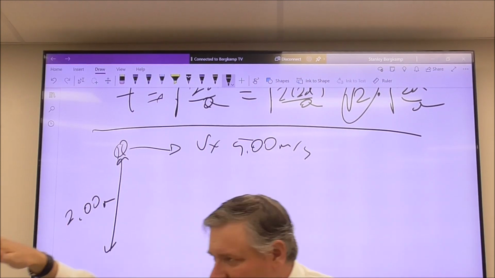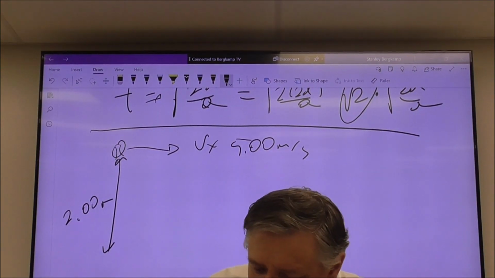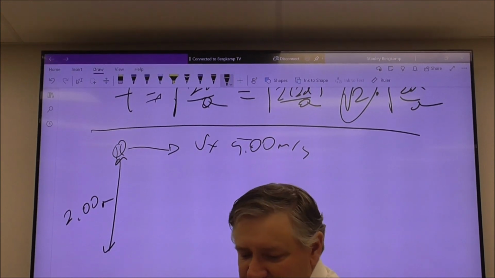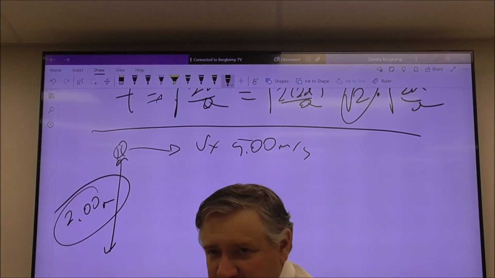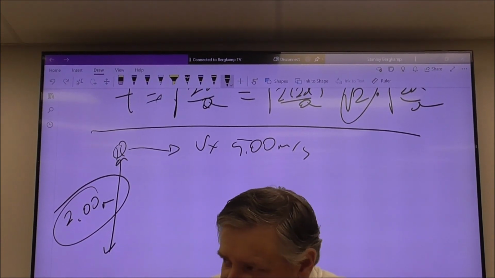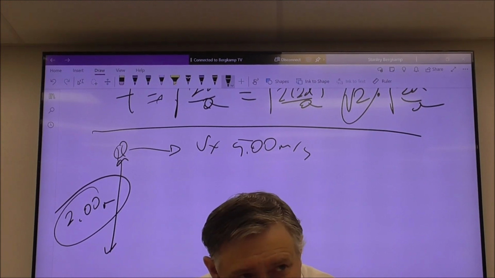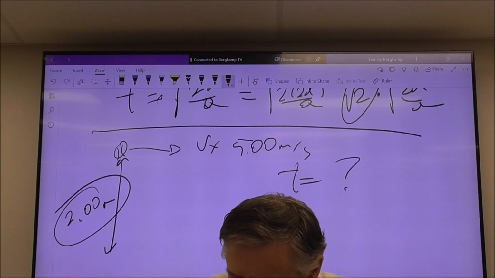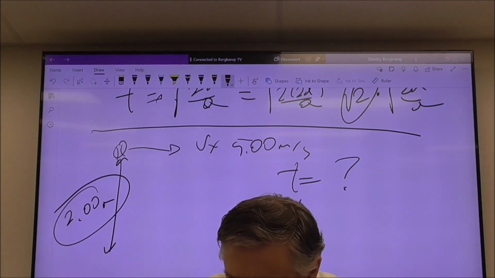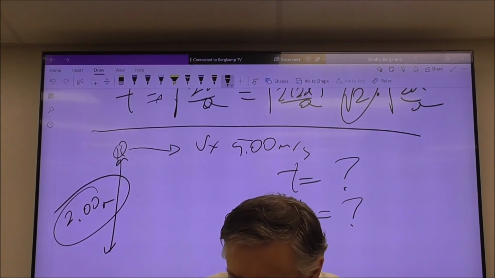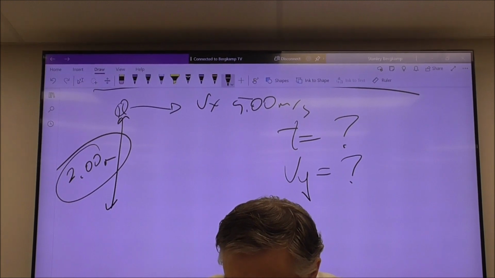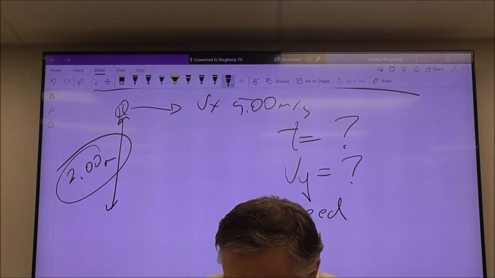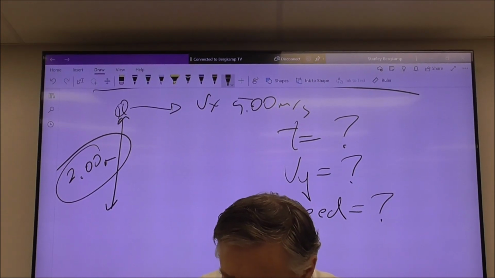So now we're back to projectile motion. I'm going to throw that ball horizontally at 5 meters per second, and I'm 2 meters above the ground. I want to figure out 3 things. I want to figure out how long it's going to be in the air. I want to find the vertical velocity when it lands, and then I want to calculate the speed when it